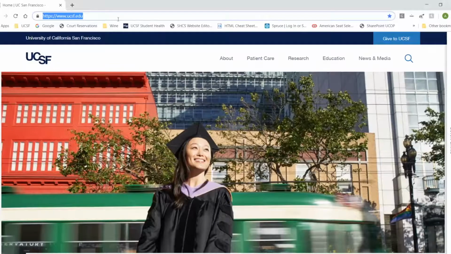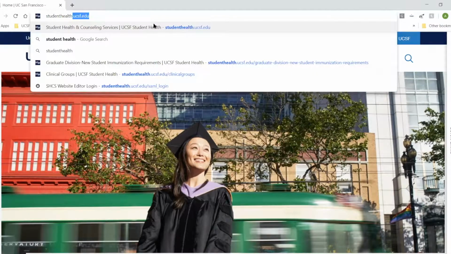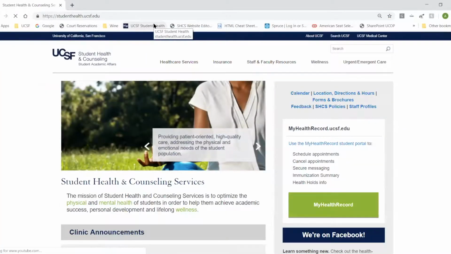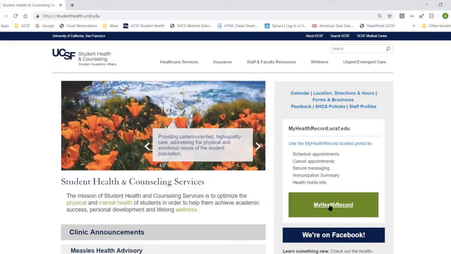One is the Student Health website, and the other is the My Health Record portal. So to get to the Student Health website, you can just type in studenthealth.ucsf.edu to reach that page. And then also you'll see on the home page here for Student Health, there's a green button that links to My Health Record. And this is the link to the Secure Electronic Medical Record portal where you'll submit your immunization